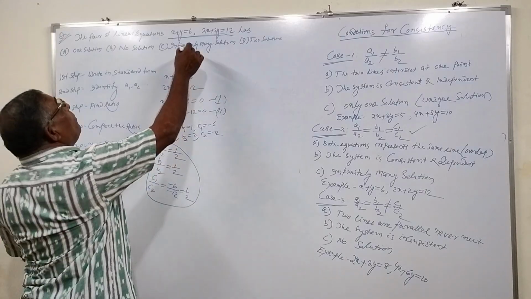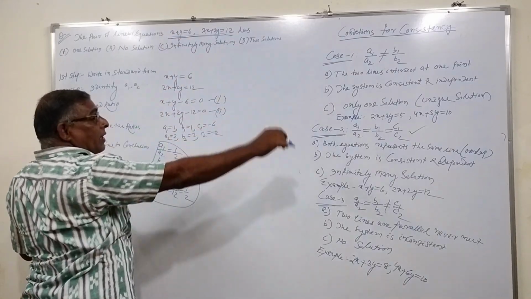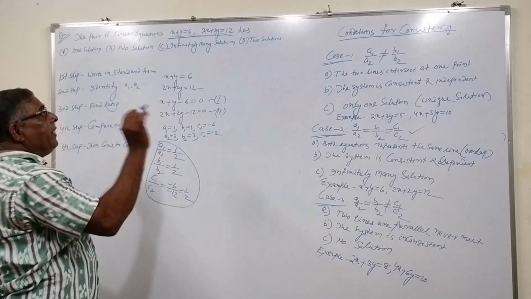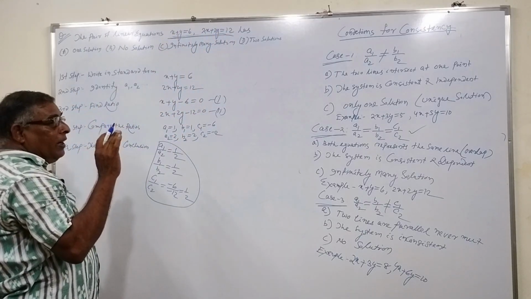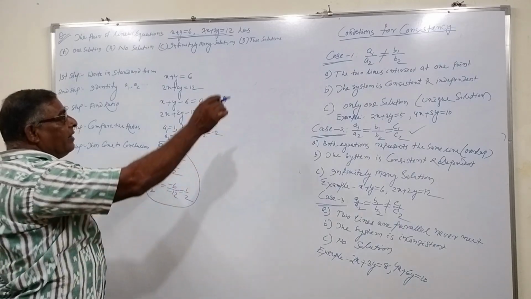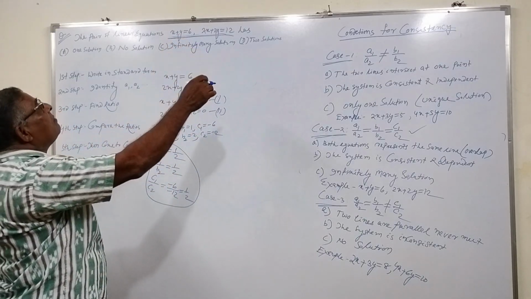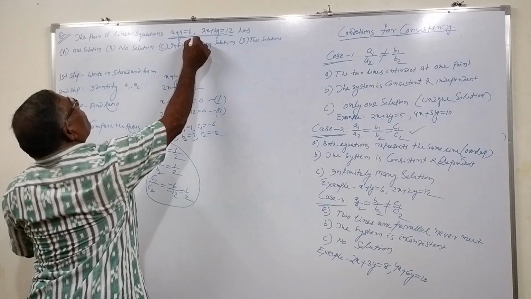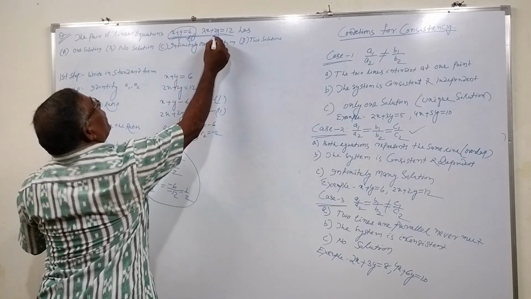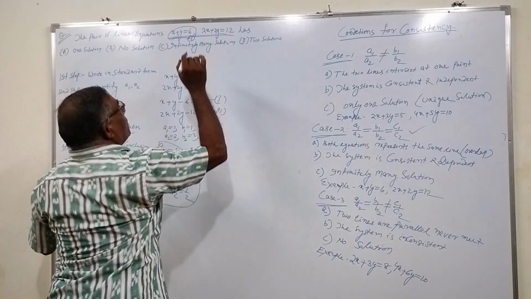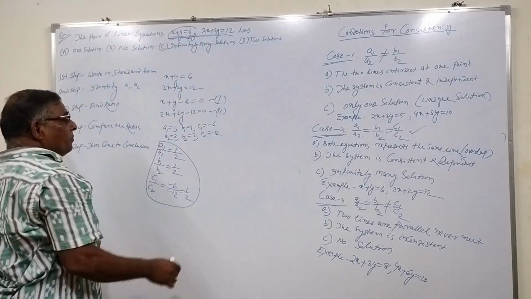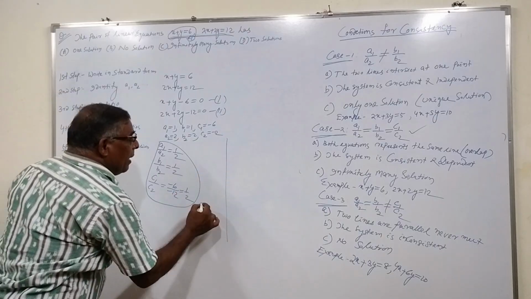If we plot a linear equation on graph paper, it will be a straight line. Mind it, all linear equations are straight lines. So x plus y equals 6 is one equation, and 2x plus 2y equals 12 is another equation. It is also a linear equation. If we plot them on graph paper,